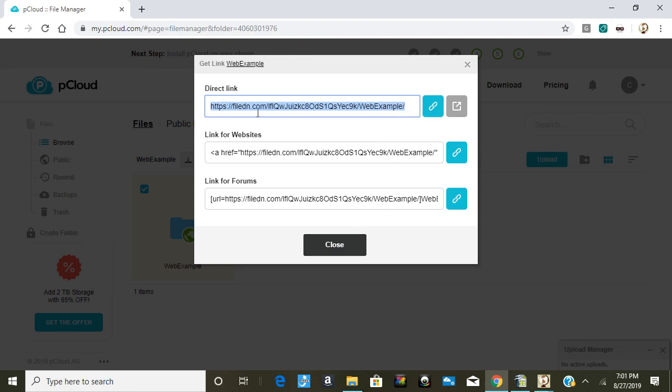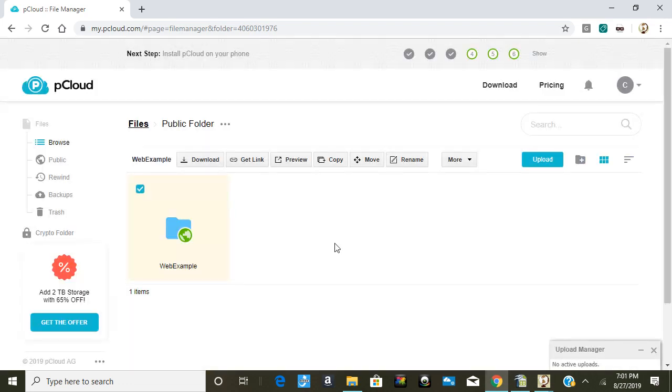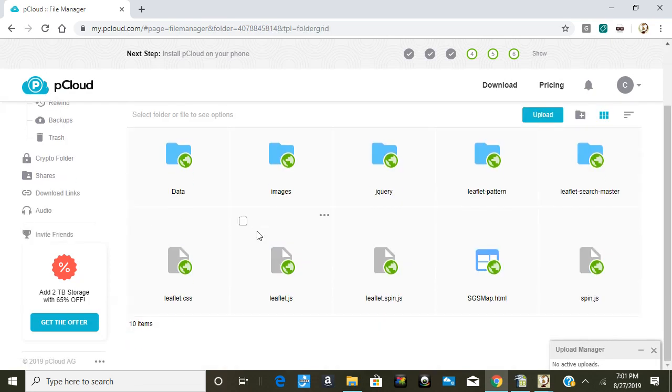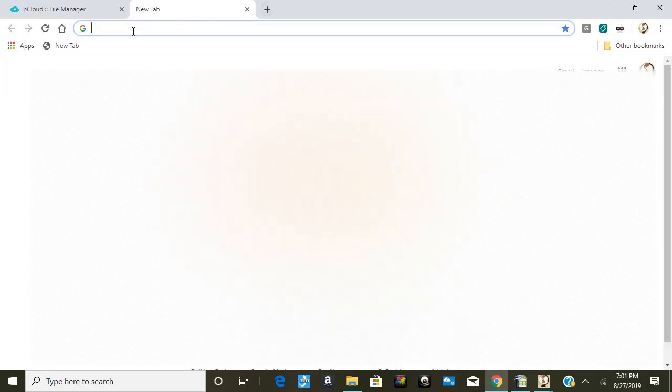So I'm going to copy this link, and then if I open up this folder, the web application always publishes this sgsmap.html. So if I was to come to a web browser and paste in